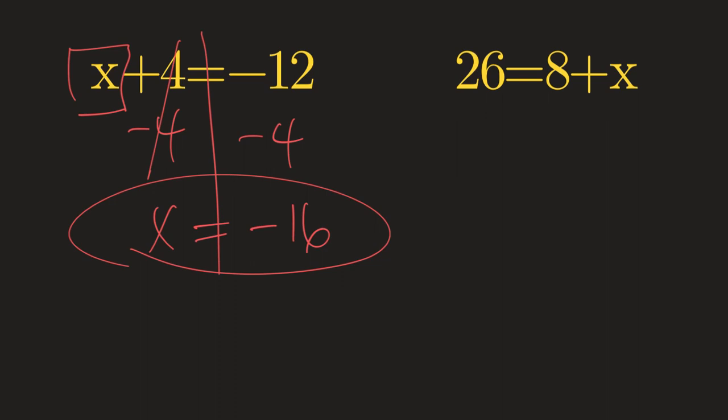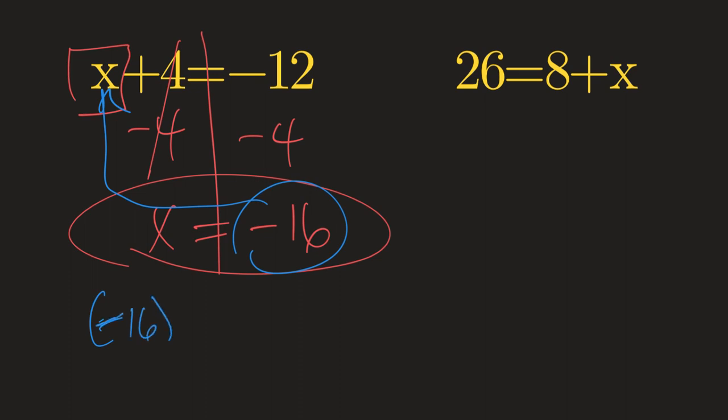When we find out that x is equal to negative 16, we might say, okay, I got an answer. I found out what x is. Does it work? Guys, if you are ever wondering, well, is negative 16 really the right answer? We can take negative 16 and plug it back in there for x. And we can substitute it back in